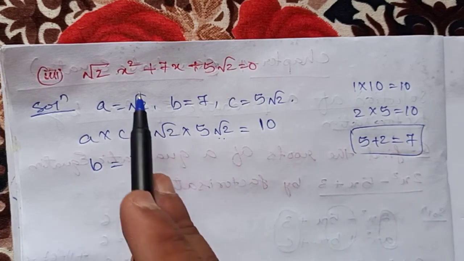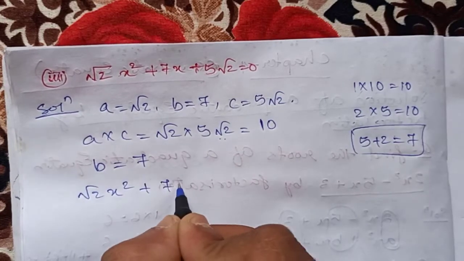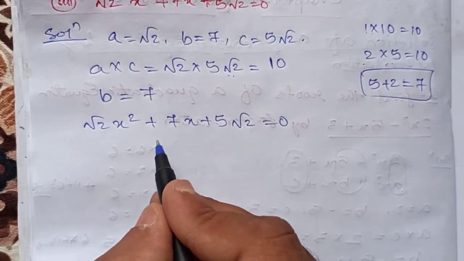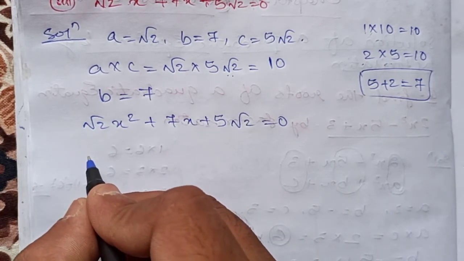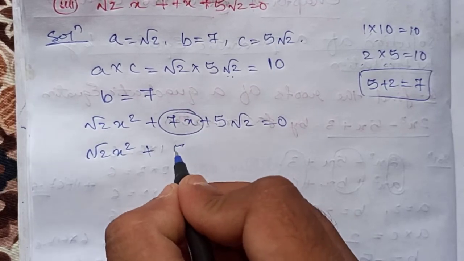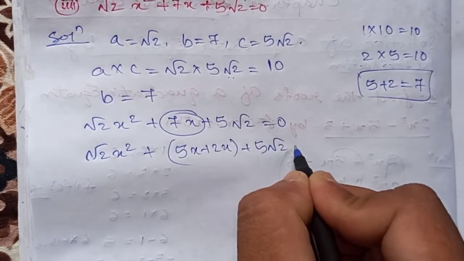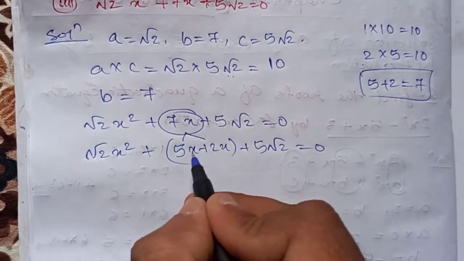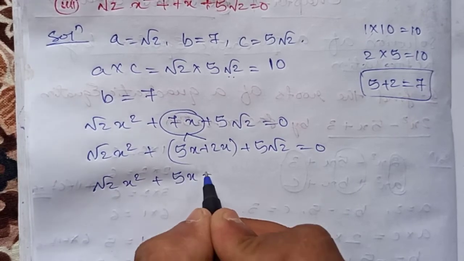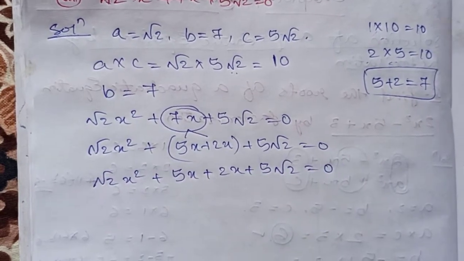Okay, so I am writing the equation root 2 x square plus 7x plus 5 root 2 equals to 0. This is the equation we got. Now in place of 7x we will write 5x plus 2x, root 2 x square plus, in place of 7x we will write 5x plus 2x inside bracket, plus 5 root 2. Always you write the terms inside the bracket. Okay, root 2 x square plus 5x plus 2x plus 5 root 2 equals to 0. Okay, now